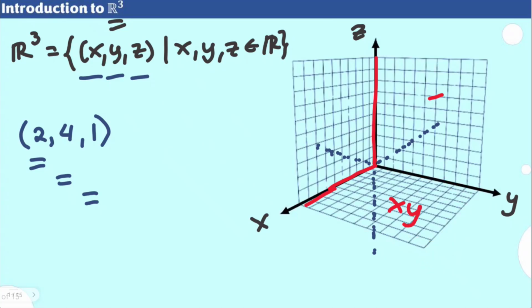We're talking about the x. The x value is found at 2, considering that all parts here are 1. So we have here 1 and 2. This is the location for our x alone. But to connect it with our y, which is at 4, it's here: 1, 2, 3, 4. The location of 2 and 4 for the xy plane is the intersection of the points of x and y.